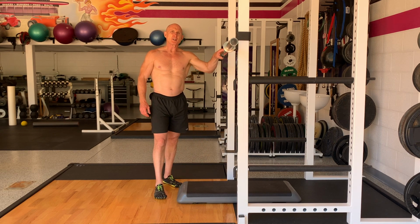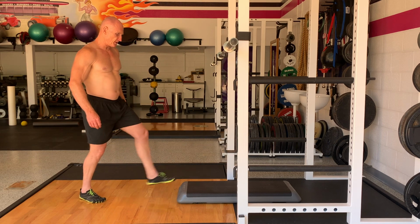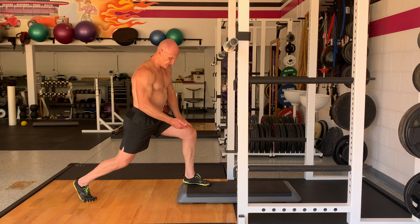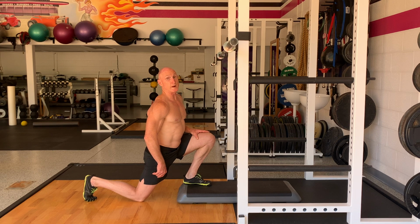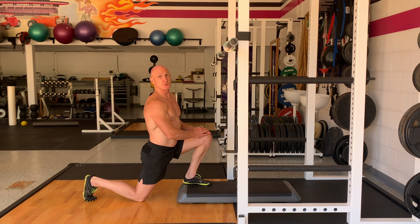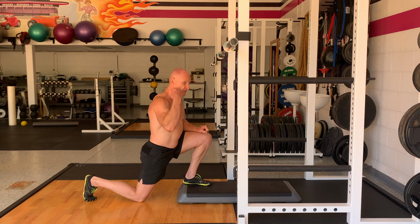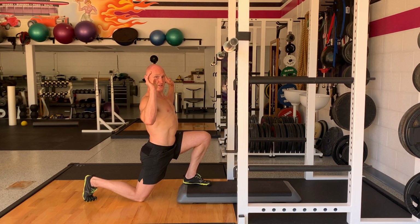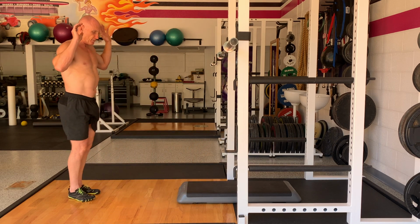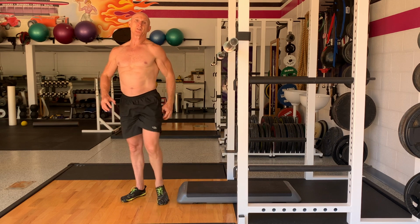But I would encourage you not to go too fast with this exercise. Remember, when you're stepping forward and your foot's raised, you're stretching your hip flexors on the trailing leg quite significantly, and if your hip flexors are too tight, it'll pull you forward. That's one of the reasons you see people like this, and that, if the bar is up too high, can put a lot of stress on your neck. So you need to have enough flexibility in your hip flexors to keep that balanced position and come back up and out. The point I'm making is not only is that putting a tremendous stretch through the gluteus maximus,